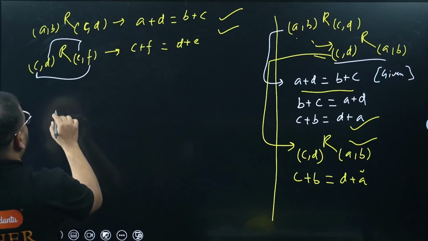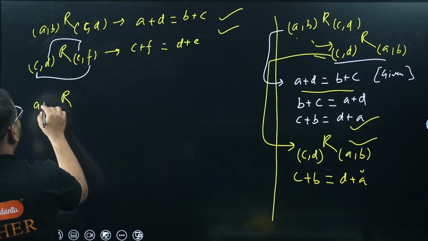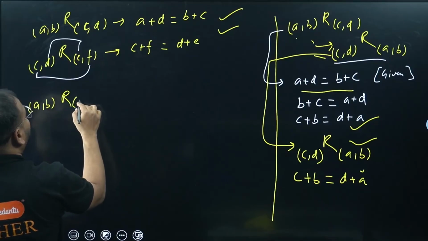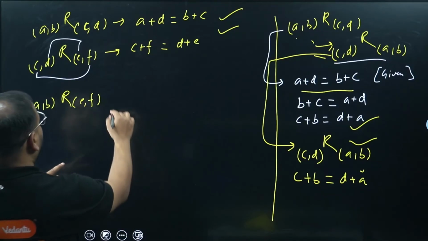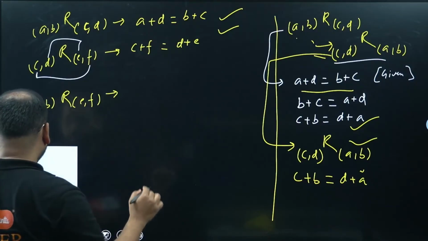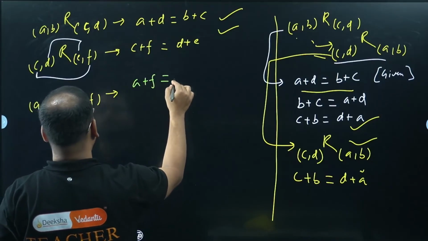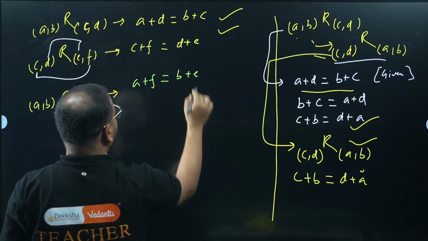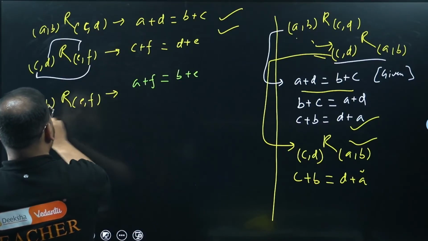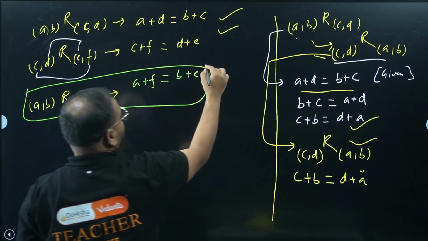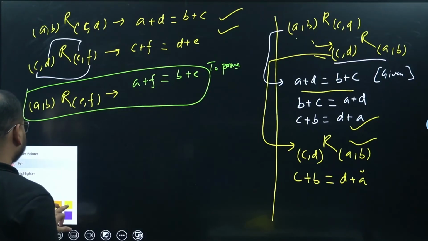What is the conclusion? This part, sir. Basically, we have to go to this part: A, comma B and E, comma F. We have to reach here. How will this look like? This we have to prove. This is the final part. A plus F should be equal to B plus E. Okay, great sir. So we have to reach here to prove. This is my to-prove part. Let's see how will I go there.